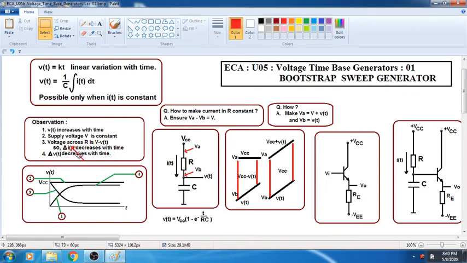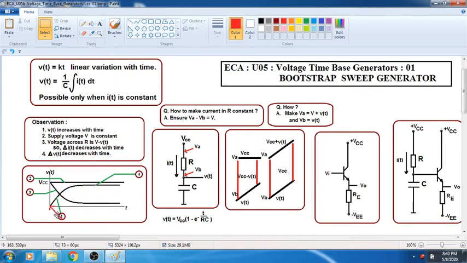So Vt is increasing, V is constant. Okay. So the delta It, the small incremental increase in the current across the resistor, is decreasing with time. Because V minus Vt is decreasing, V minus Vt by R has to decrease. The current is decreasing. When the current decreases, what happens? The incremental increase in the voltage also will be reducing with time.